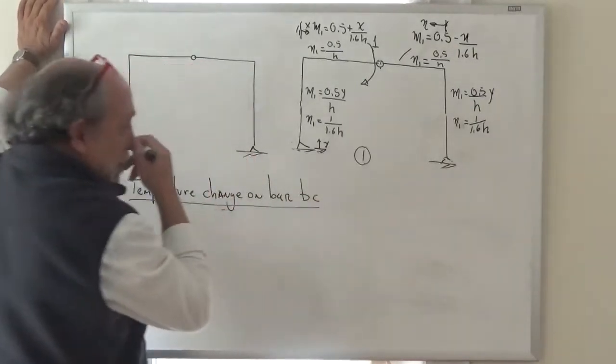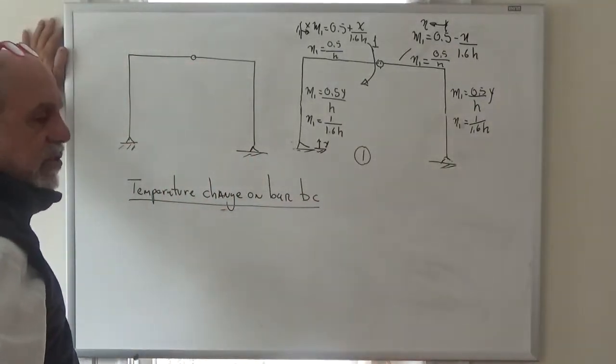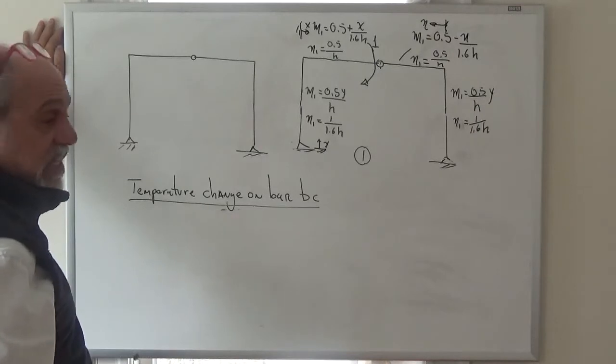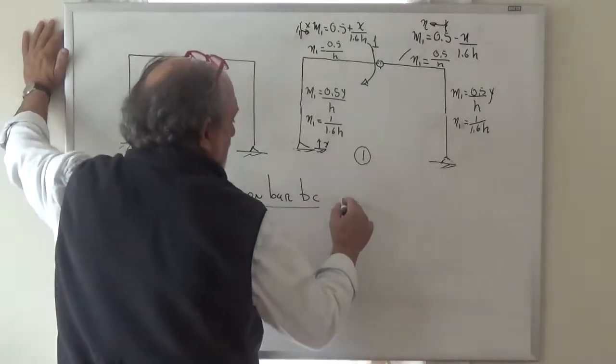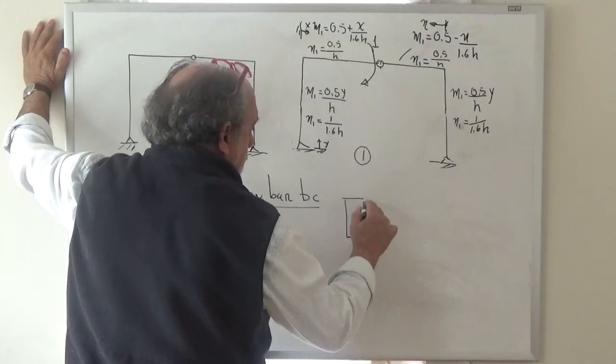So if we have a temperature change over bar BC, somebody has to tell us what that temperature change is, right? So let's say that bar BC